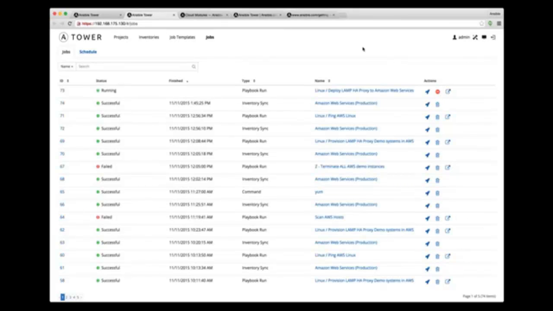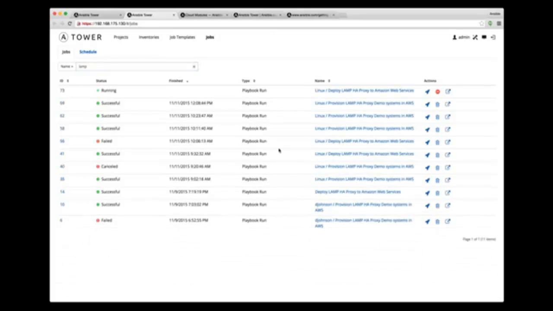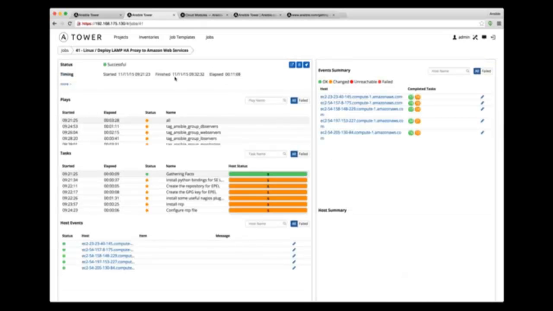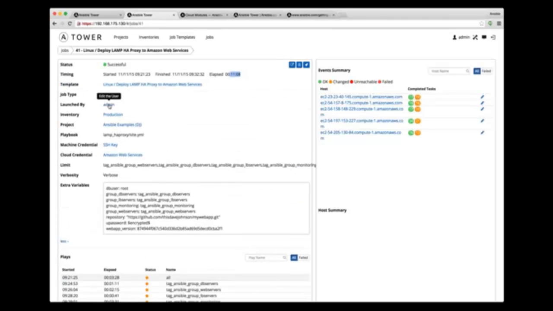So I've got something like 70 plus jobs here that I've run through this Tower installation over the last couple of days, and I can go audit this and look at any of this, right? So I can go to one of our previous jobs of running this exact same deployment here, and I can see the result of that. It looks like I did that earlier today, this morning. I'm on Eastern Standard Time, and it took about 11 minutes, and I can see that it was the user admin that actually launched this job earlier today,